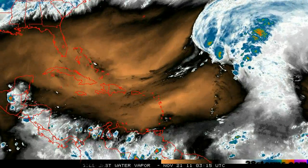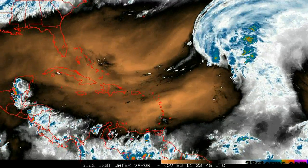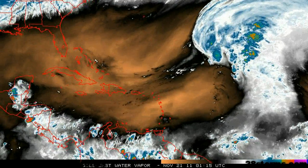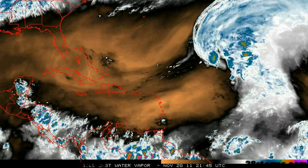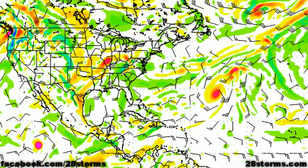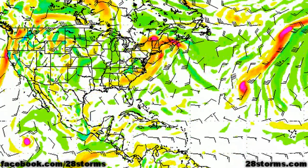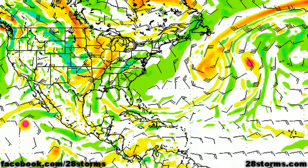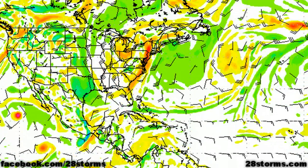The main issues continue to be dry air and vertical wind shear, but the overall environment still appears to be marginal enough for at least the potential for some slow development over the next few days. This is the latest 18Z GFS run, and it shows both systems continuing to develop, so we're more than likely not done with the named storms in the Atlantic Basin, as it still appears that this one will attain a